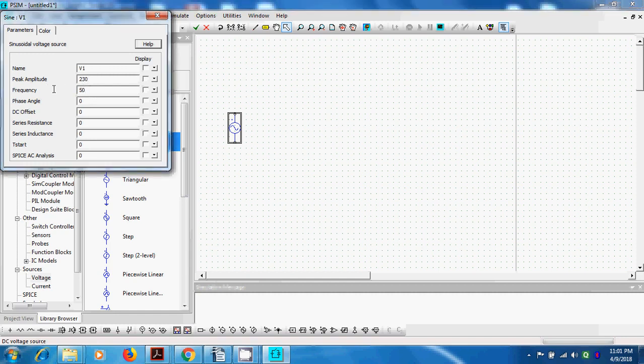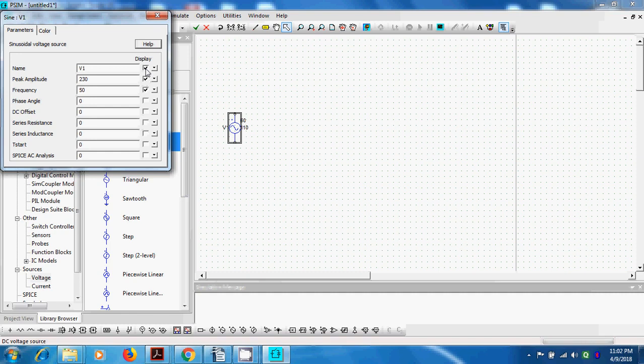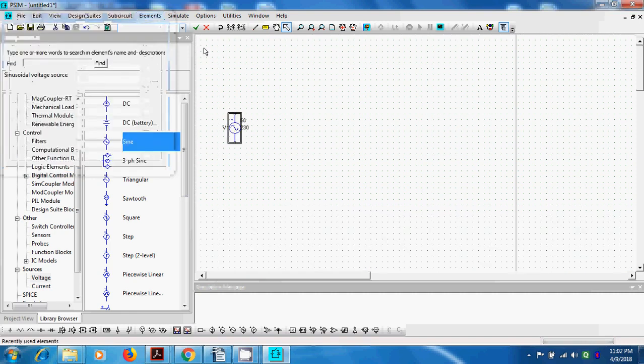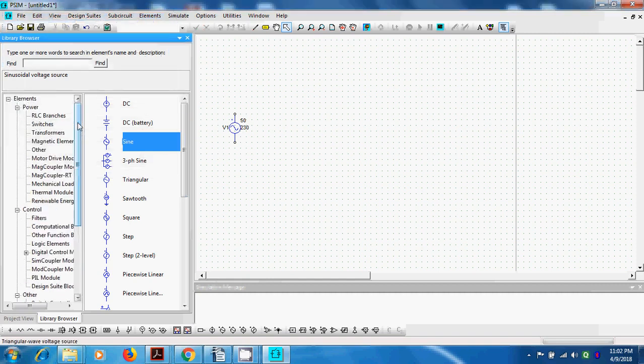Please take care that this is not the RMS value, this is the peak voltage value that can be seen on the waveforms. So that is a peak voltage waveform. So let us say 230 volt 50 hertz, and this is V1, our input source from AC mains. Now definitely this AC mains, that is 230 volt, I will not give directly to the bridge rectifier circuitry. So we'll definitely step down the voltage with the help of a transformer.